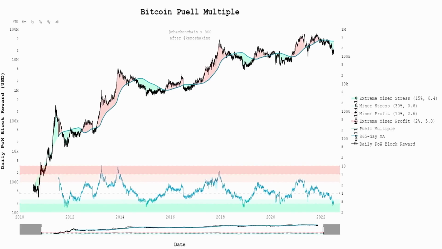You have to sell some Bitcoin to cover your overheads, right? So all of the big miners in the world are constantly mining Bitcoin, which is good for the network, but they also have to sell a small chunk of it just to pay the rent, bills, salaries and stuff like that. So they're a constant sell pressure as well. When prices are really low, to maintain their overheads they either cut back on costs or just sell more Bitcoin, so it can turn into a negative feedback loop sometimes. The Puell multiple shows that. Right now we're in mass stress for the miners, so to speak. Again, another cracking buy signal.